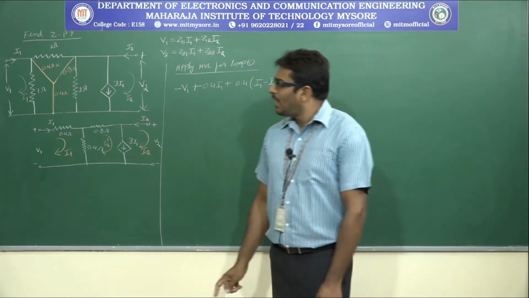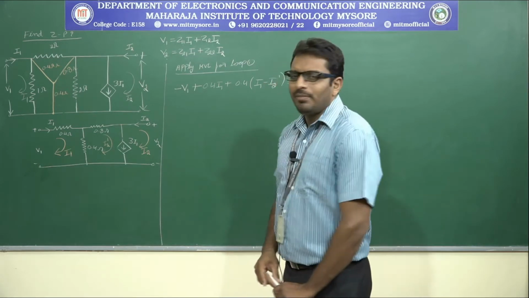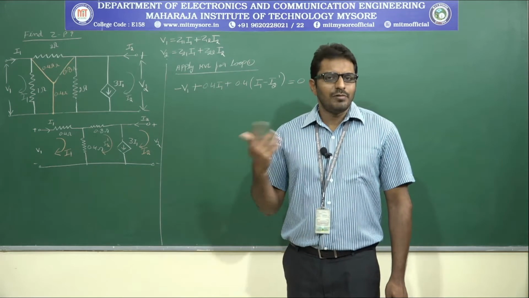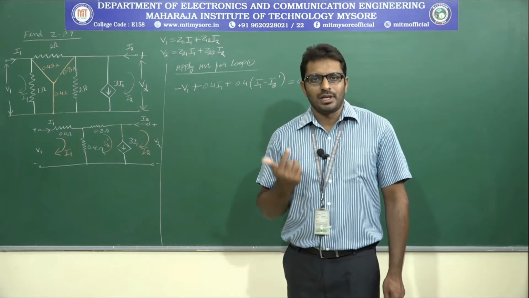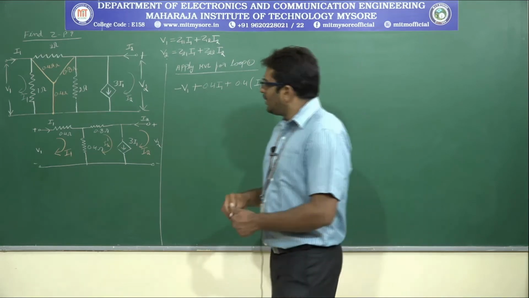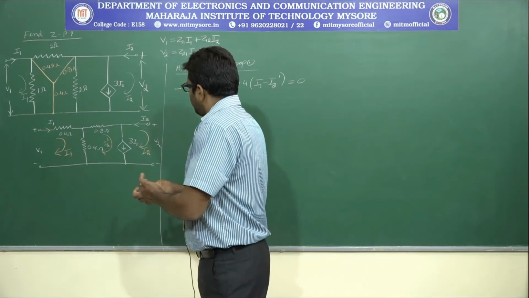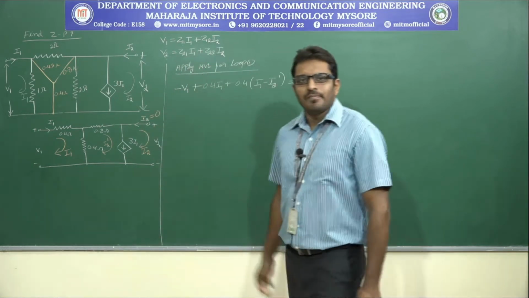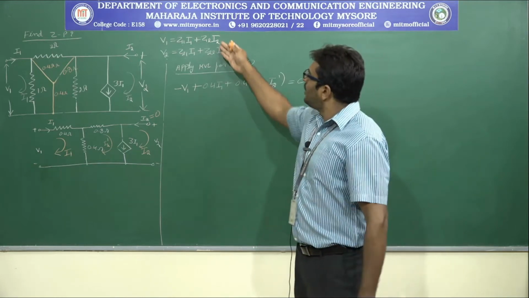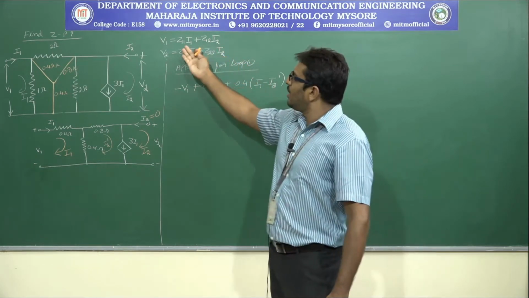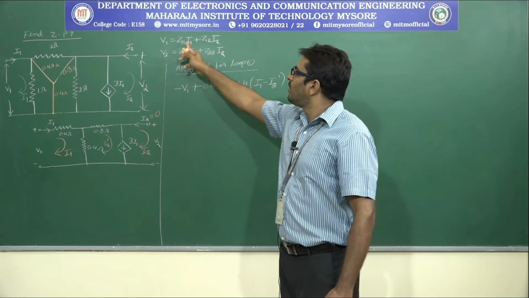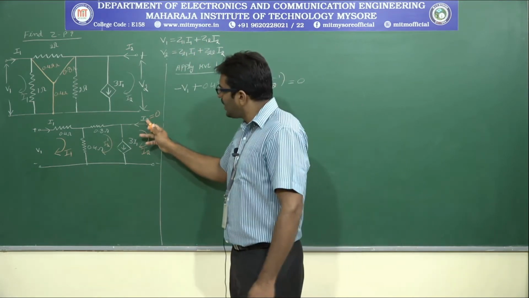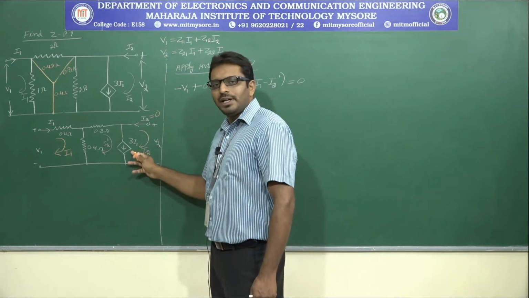Okay. Now, while finding the Z parameter, in order to obtain a Z parameter, one of the ports must be open circuited, right? So let us make I2 equal to 0, because when the output port is open circuited, I2 becomes 0. When I2 is equal to 0, we are able to obtain the solution for Z11 and Z21, right?